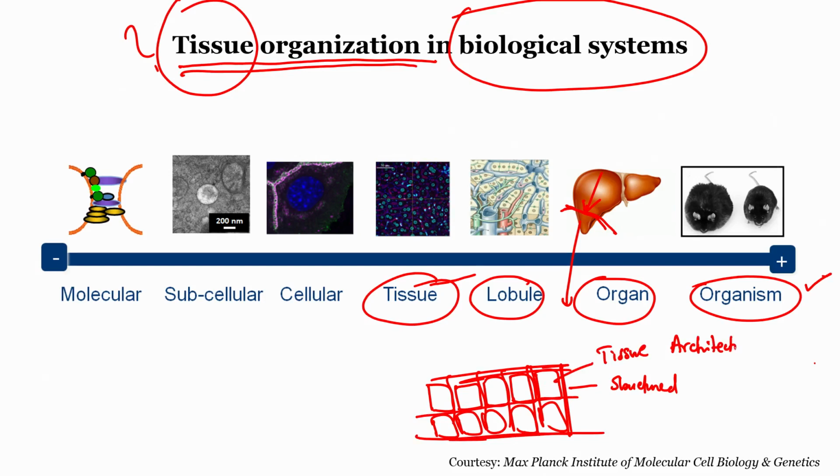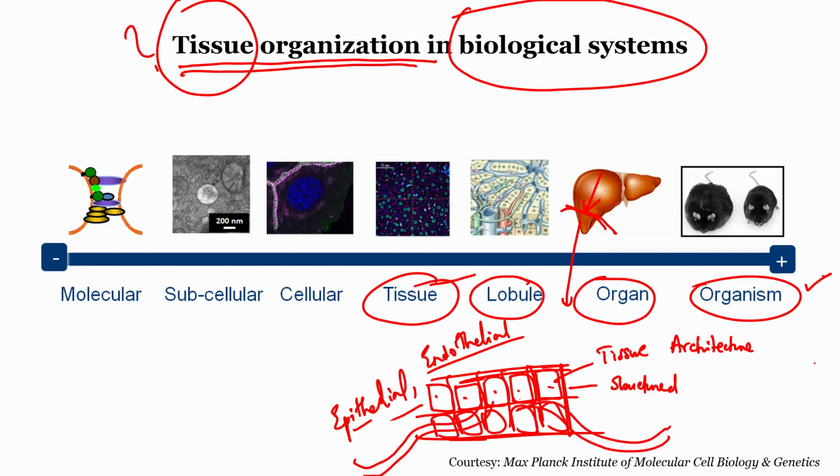Now, these cells are usually called epithelial cells. There are also endothelial cells; different types of cells come together to form tissues. These cells alone cannot survive, they need nutrients to survive, right? Who brings the nutrients? The nutrients are brought by the vasculature, or the blood supply, into the tissues. It is a very complex arrangement. These blood vessels are also tissues actually, and they are also made up of specific types of cells called endothelial cells.